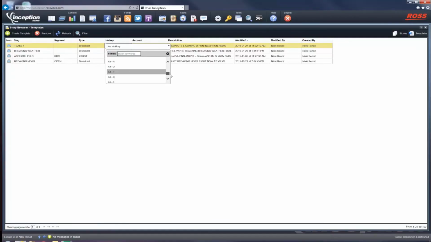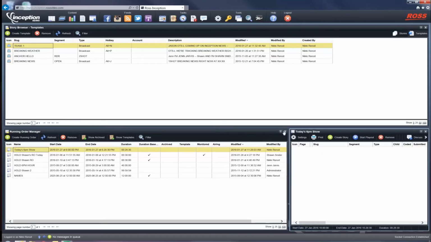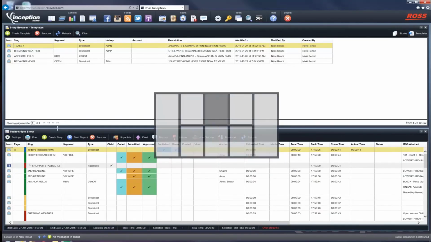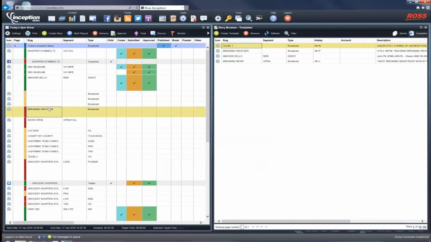So the options that you see here on a dark gray background, those are hotkeys that are in use elsewhere that we cannot use. I'll go ahead and select the Alt-N hotkey, and now I'm going to open up a rundown. I went to my running order manager and I selected the show I've been working on, and in fact I'm going to put these two screens side by side so it's a little easier to work with. So now I have my rundown on the left hand side and my story browser on the right hand side,